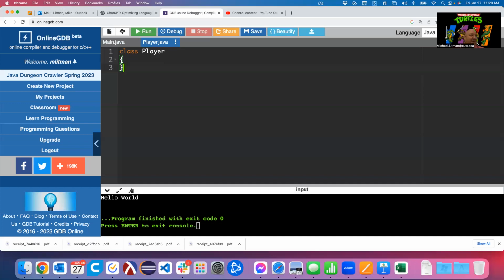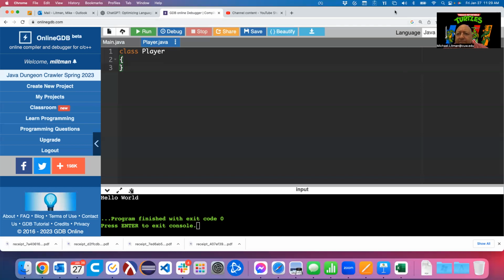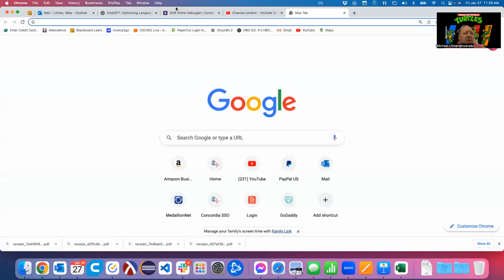All right. Well, Java doesn't have that. So in the early days of Java, the idea was Java had something built into it called Javadoc. All right. So if we go, well, I'm already in a browser, right? Let me hide this floating meeting controls. How do I do that? Hide floating meeting controls. There we go.